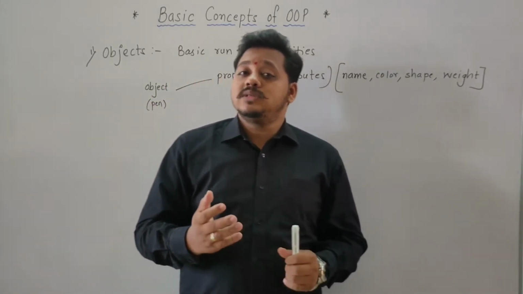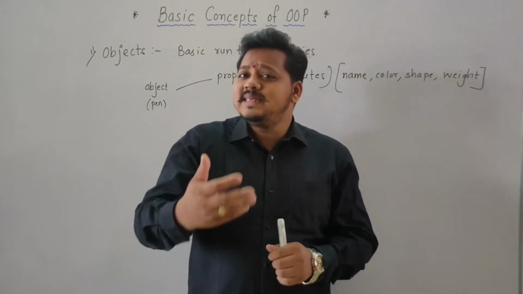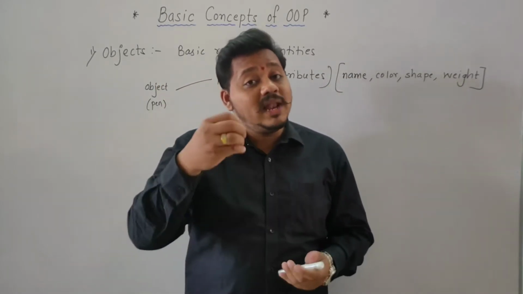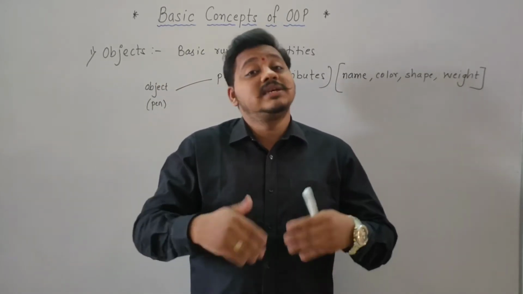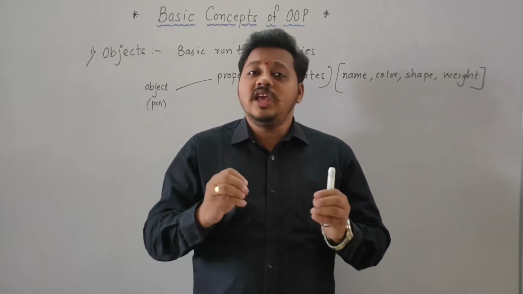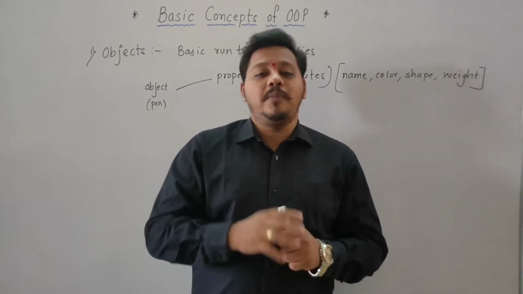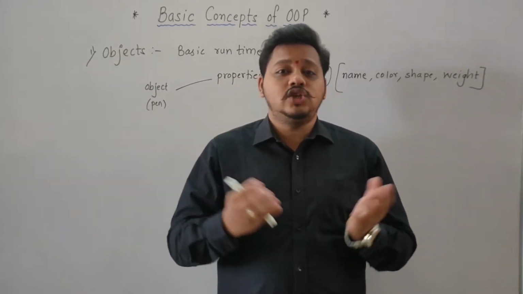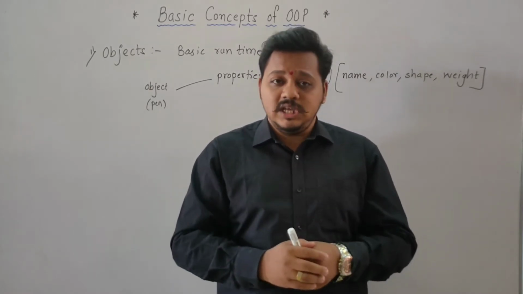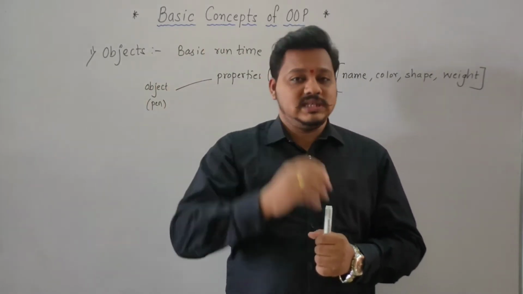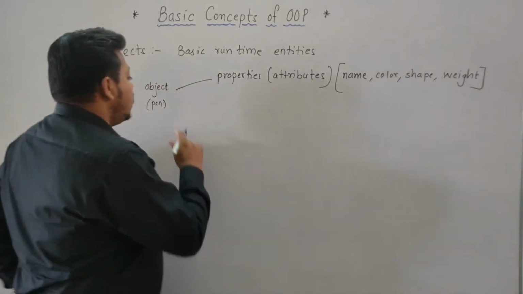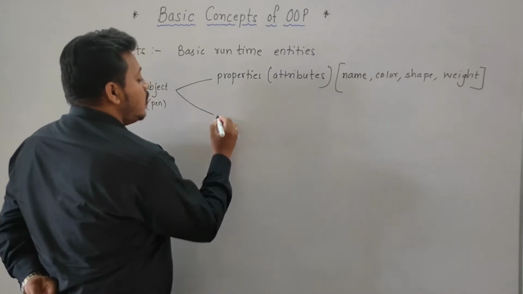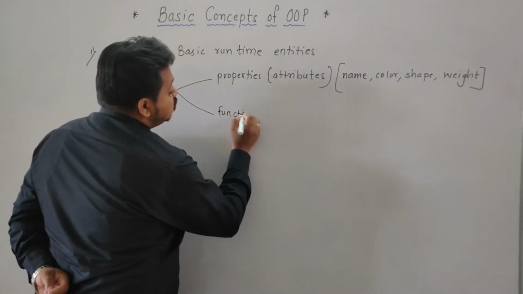For example, suppose I have one mobile. So mobile is an object. Each mobile has some name, some color, some shape, some size, some weight. So each and every object has some properties. Now suppose I want to distinguish between two similar objects. Then how can you distinguish? By using their functions. As each object has some properties, at the same time each object has some functionalities,